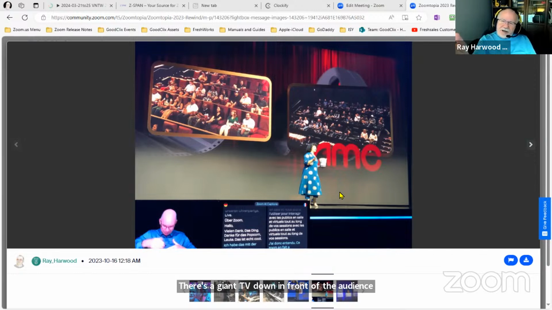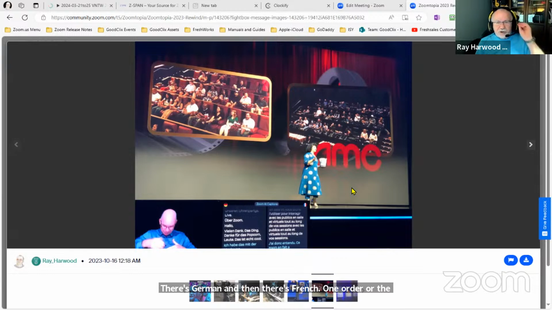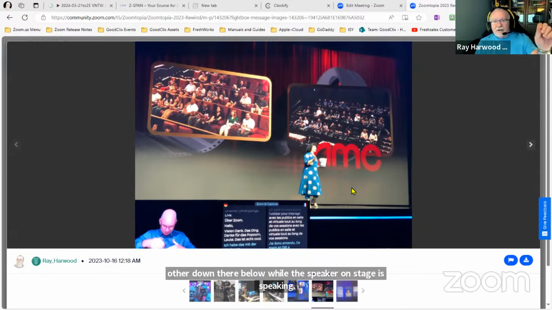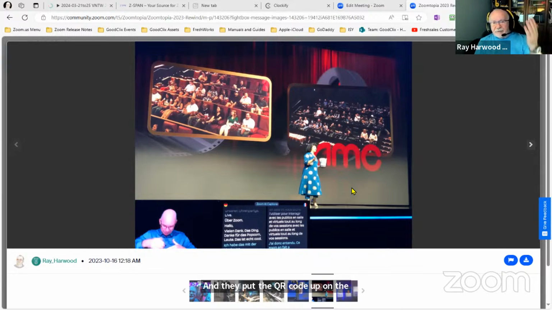And there's an ASL guy there on the left. There's German, and then there's French, one order or the other down there below while the speaker on stage is speaking. And they put the QR code up on the screen, which allows you to activate the companion mode of the Zoom application,